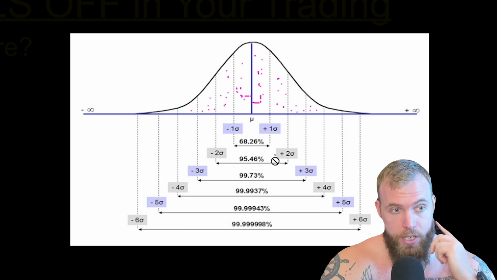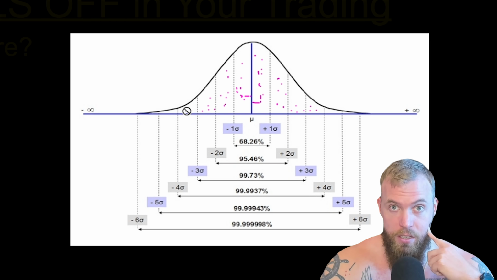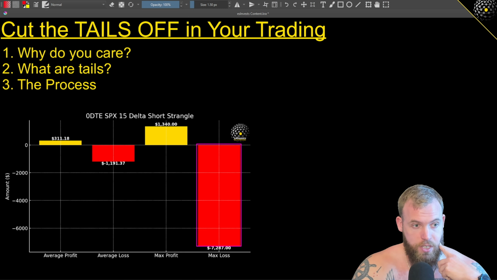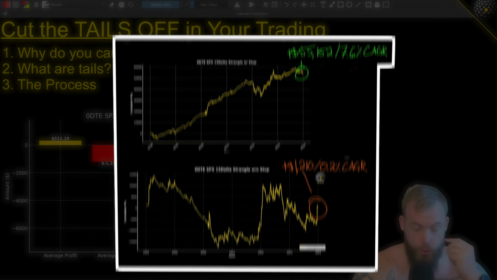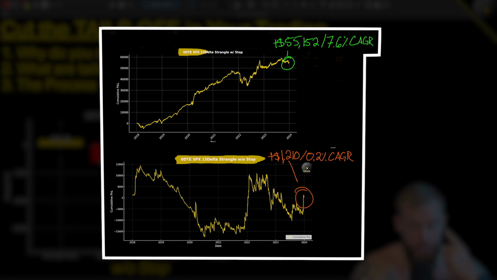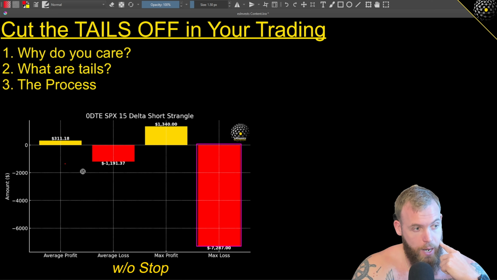But an easier place for us to start is looking at the losing side of the equation. So what does this look like in a practical sense? Well, if we take a look at those first 2 strategies that I shared with you, the short strangle without a stop and then with a stop. Without a stop, notice the average profit was 311, average loss was negative 1191, max profit 1340, max loss was negative